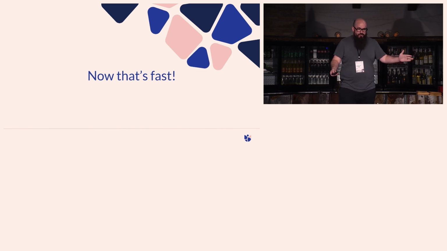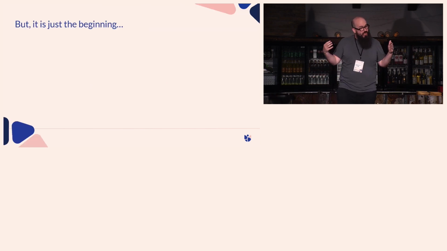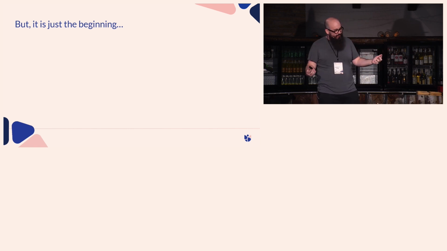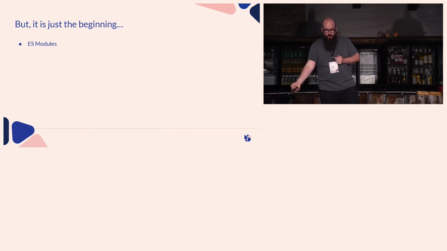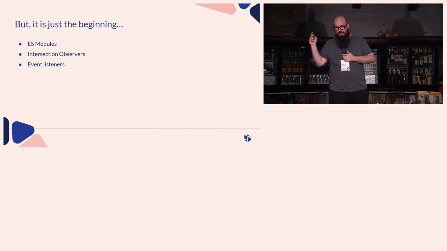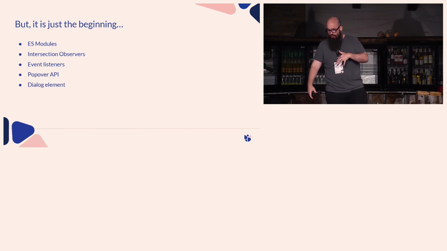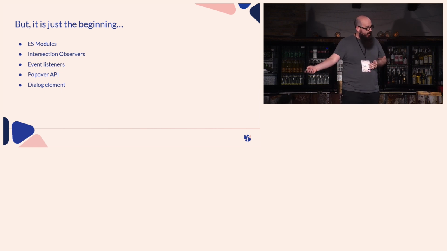And this is just the beginning of the sorts of escape hatches and eject buttons and parachutes that the platform gives us. Whether you're talking about deduplicating JavaScript content, or lazy loading things other than images and iframes, or advanced interaction, or using the popover API to get content on the top layer, or